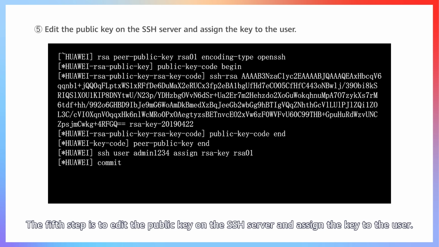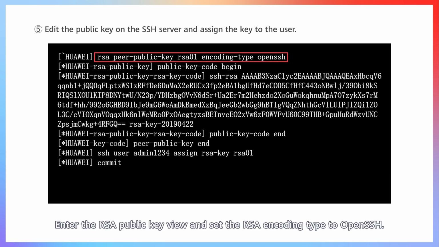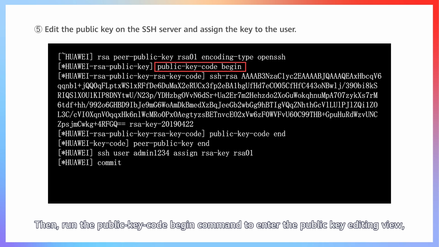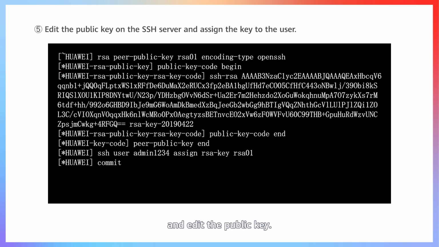The fifth step is to edit the public key on the SSH server, and assign the key to the user. The details are as follows. Enter the RSA public key view and set the RSA encoding type to OpenSSH. Then, run the public-key-code begin command to enter the public key editing view. Copy the public key generated in the previous step from the public.txt file to this view, and edit the public